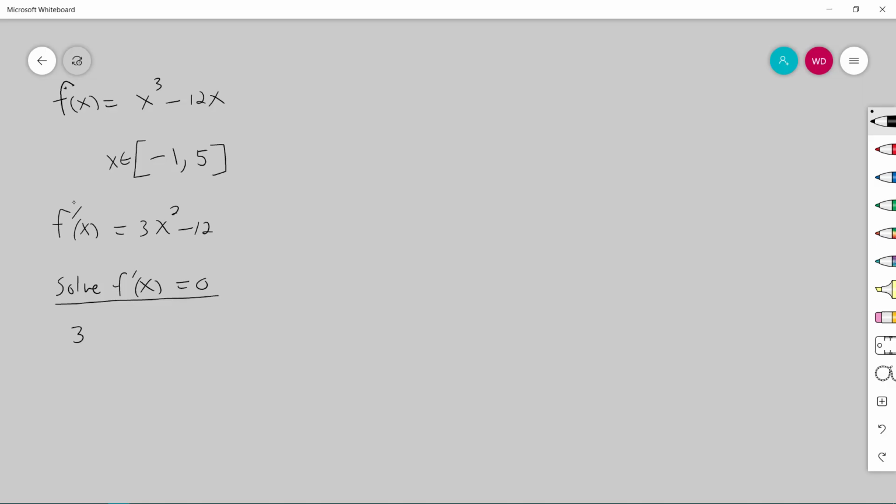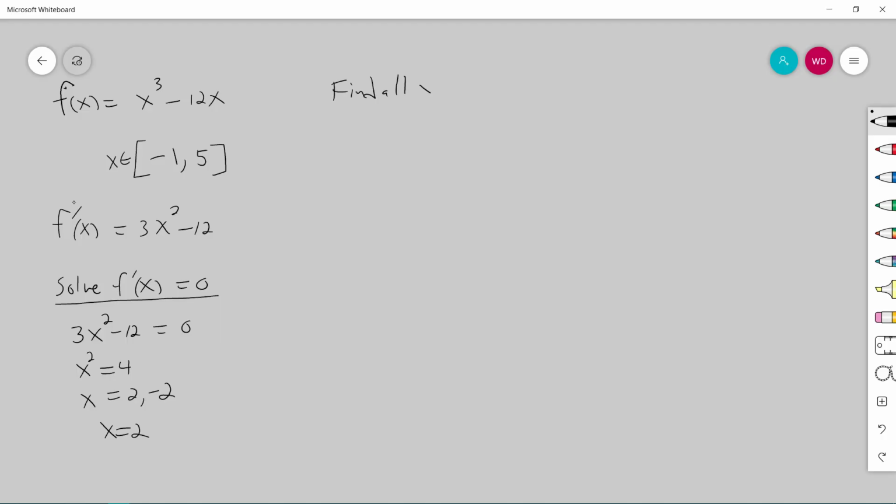That would mean that 3x squared minus 12 equals 0. And clearly that means then that x squared equals 4 by solving for x squared. That would then give you x is 2 or -2. But one of them, -2, is not in our interval, so we ignore it. So the only value we get for this step is 2. I would then also have to find